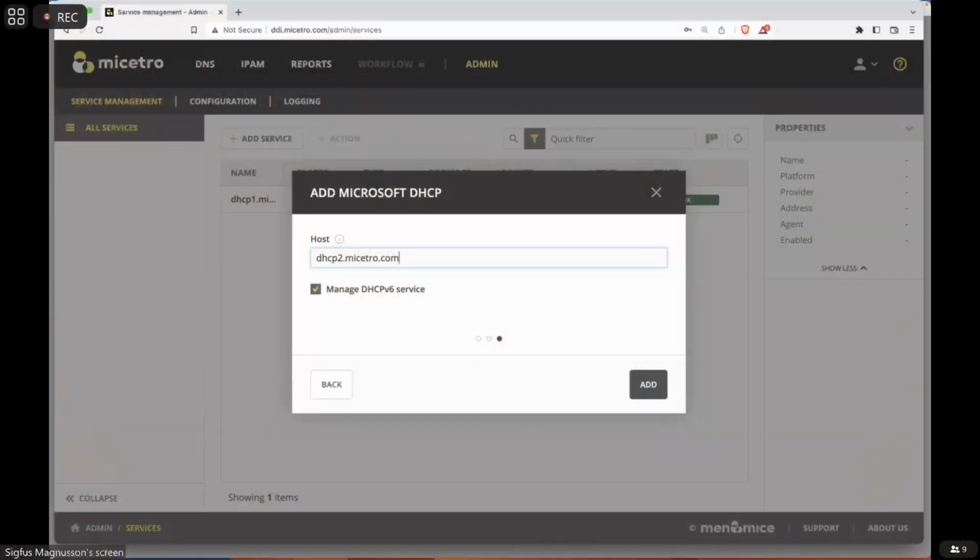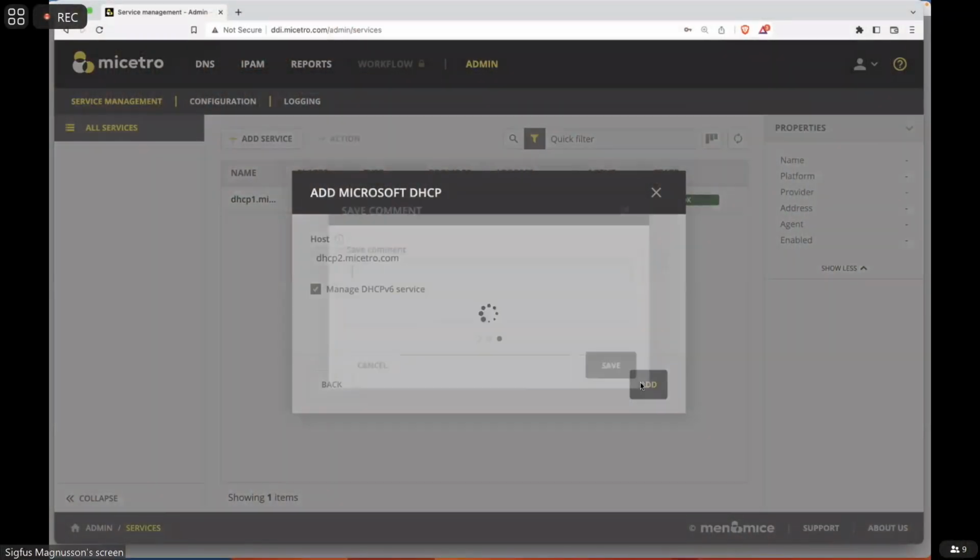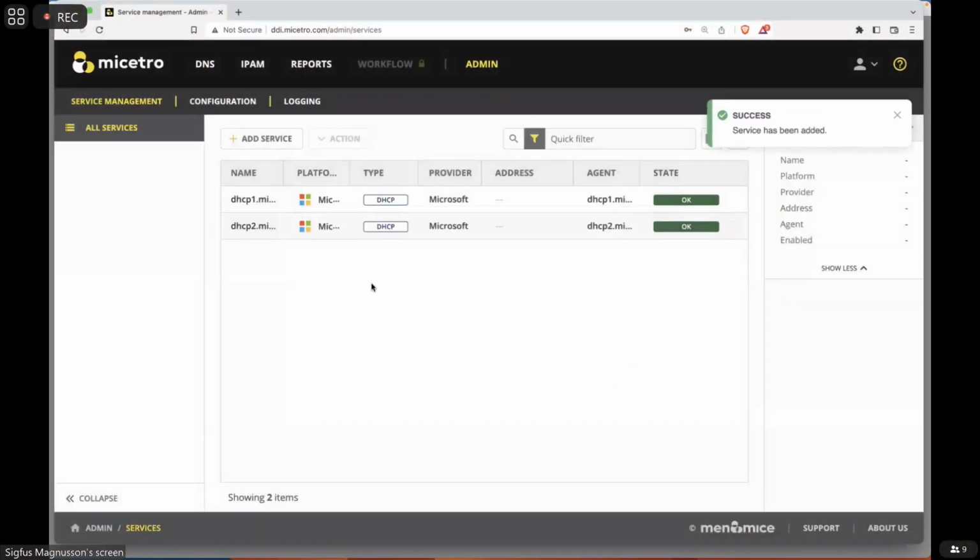So I'm going to add another DHCP server to Maestro here, because we have a long way to go to complete this in the 5 minutes I scheduled for the deployment of Maestro. But that is really good. So we have now two